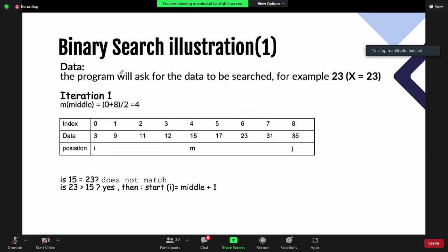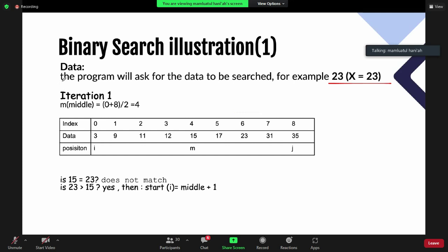Okay, maybe the data you are looking for is 23. So the program will ask for the data to be searched. Maybe your K is 23. So you need to find your middle data.